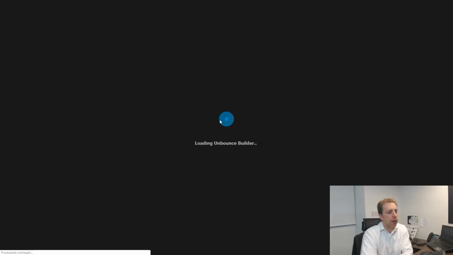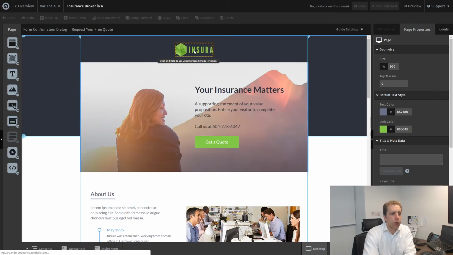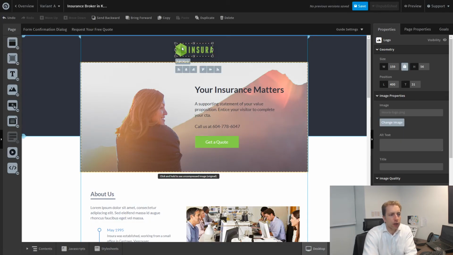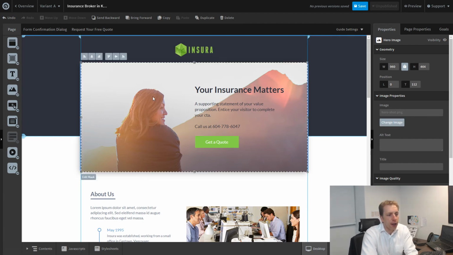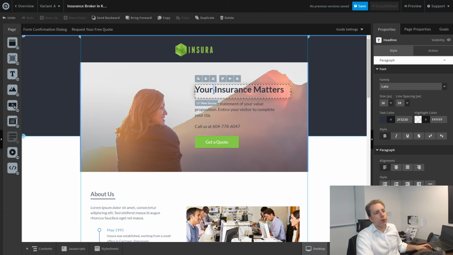It has an easy to use builder. So what you're going to add is your logo here. You click, change image. If you don't have a logo, like I said, you can put your picture here, and then that's a stock image. You can change the hero shot here, and then this is extremely important. This is what is called the headline.